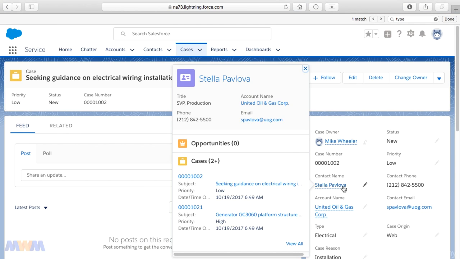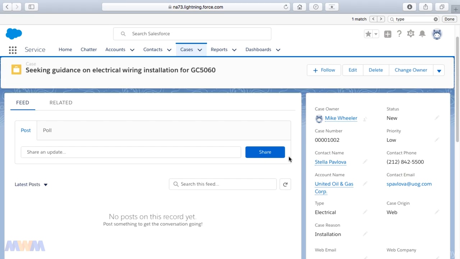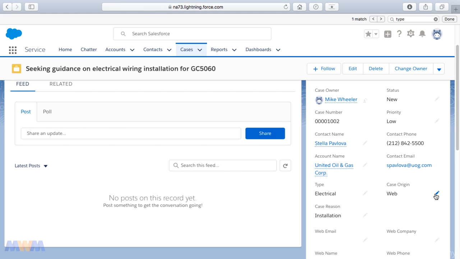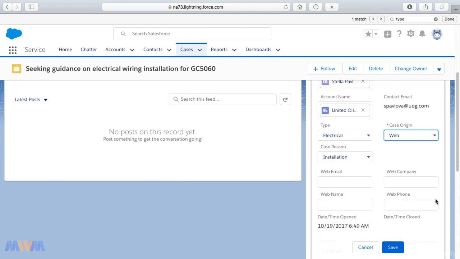accounts. You may be familiar with this particular contact. And I'm in case number 1002. You may have that same case in your own free developer account. If I scroll down and I look at the case origin, this one came from a website. Double clicking on that or clicking the pencil icon will bring you into edit mode and highlighting the case origin